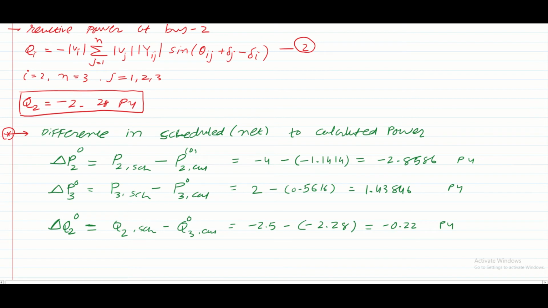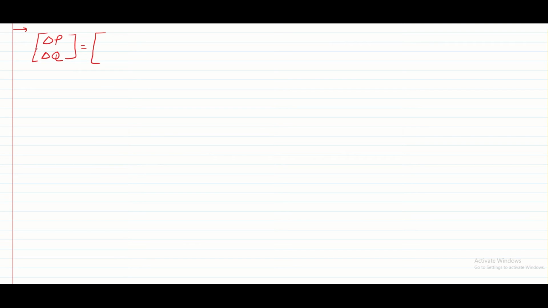Next step is we need to formulate the Jacobian matrix for our network. So I will write the generalized equation so you can get the idea how to formulate the Jacobian matrix, or you can say the entire equation. Here on the left hand side we have the change in active and reactive power, which we have already calculated. Yes, over here. On the right side, the Jacobian elements. Yes, let me draw the separation line so you can understand easily.